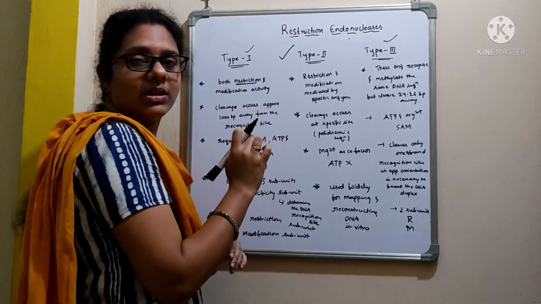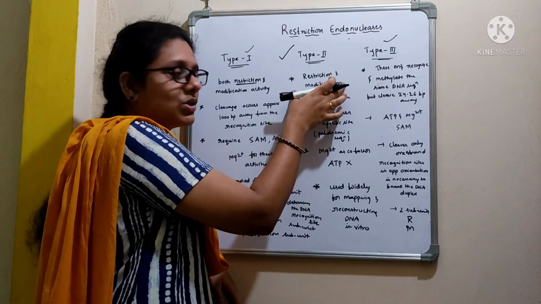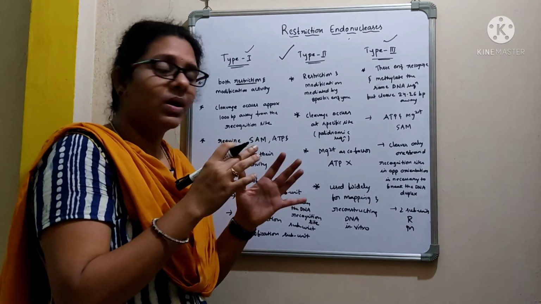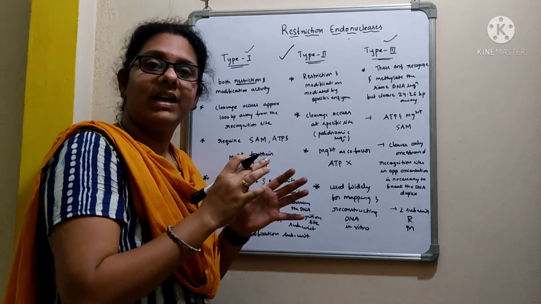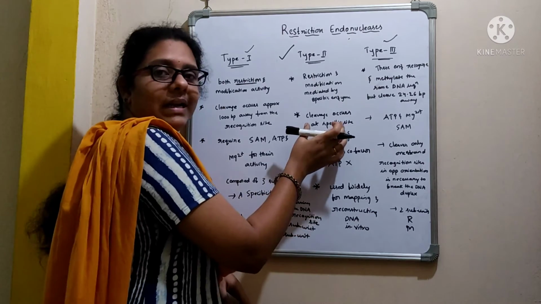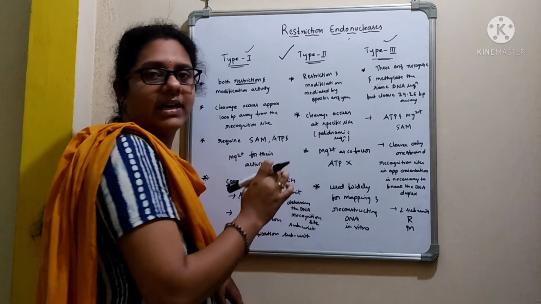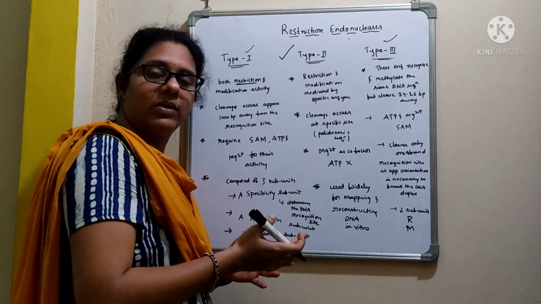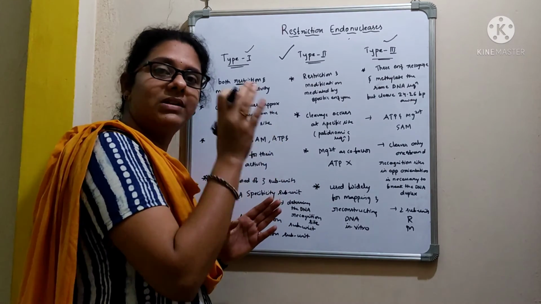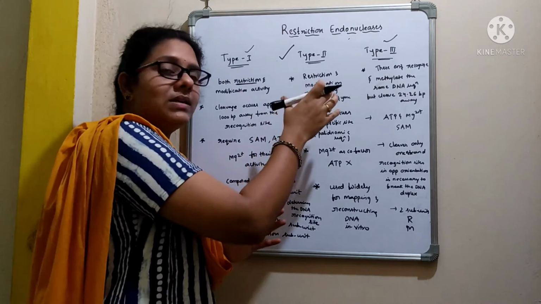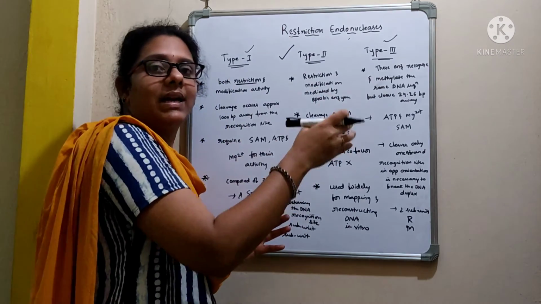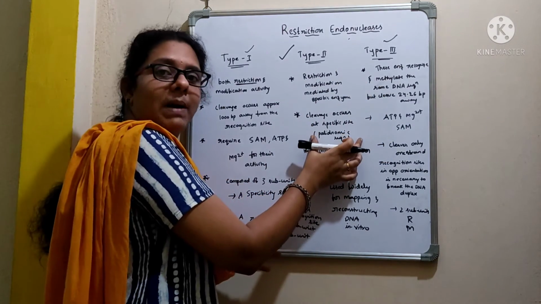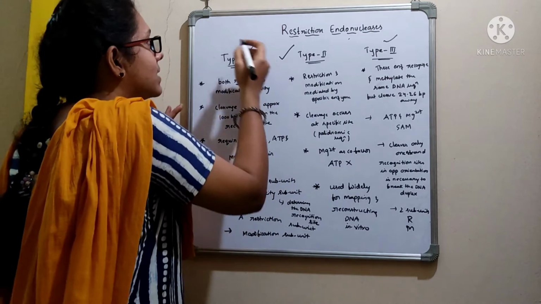Coming to the type 2 restriction enzyme, restriction and modification are mediated by separate enzymes. So it is possible to cut the DNA without any modification. Cleavage occurs at specific sites. I gave you so many examples, like HindIII or EcoR1. Each enzyme will have a specific recognition sequence, and these enzymes are going to cut exactly at that particular position only. We can often call them palindromic sequences. I'll give you an example here.